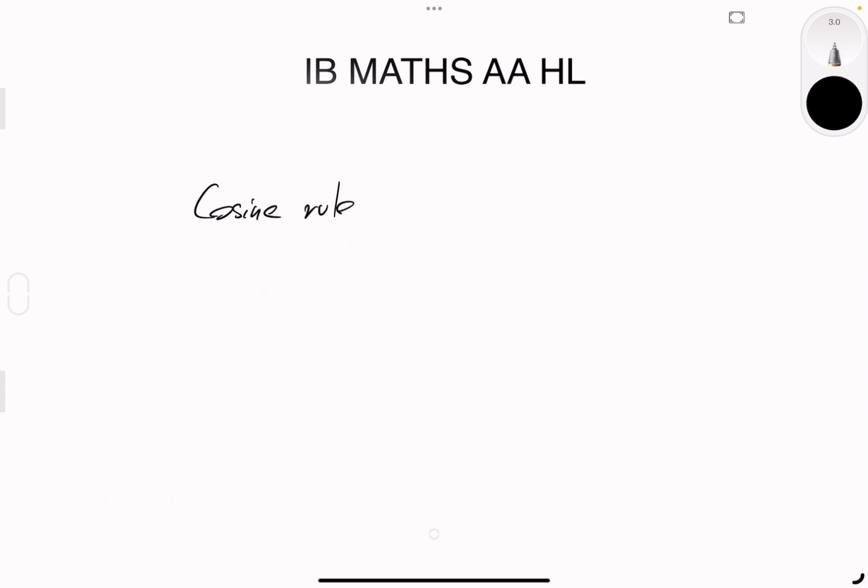which is also used for non-right angle triangles. But this is perfect for finding a missing side when you have two sides and the included angle, or for finding an angle when all three sides are known. So the cosine rule is written as so: c squared equals a squared plus b squared minus 2ab times cos of the angle C. So next, let's talk about arcs and sectors,